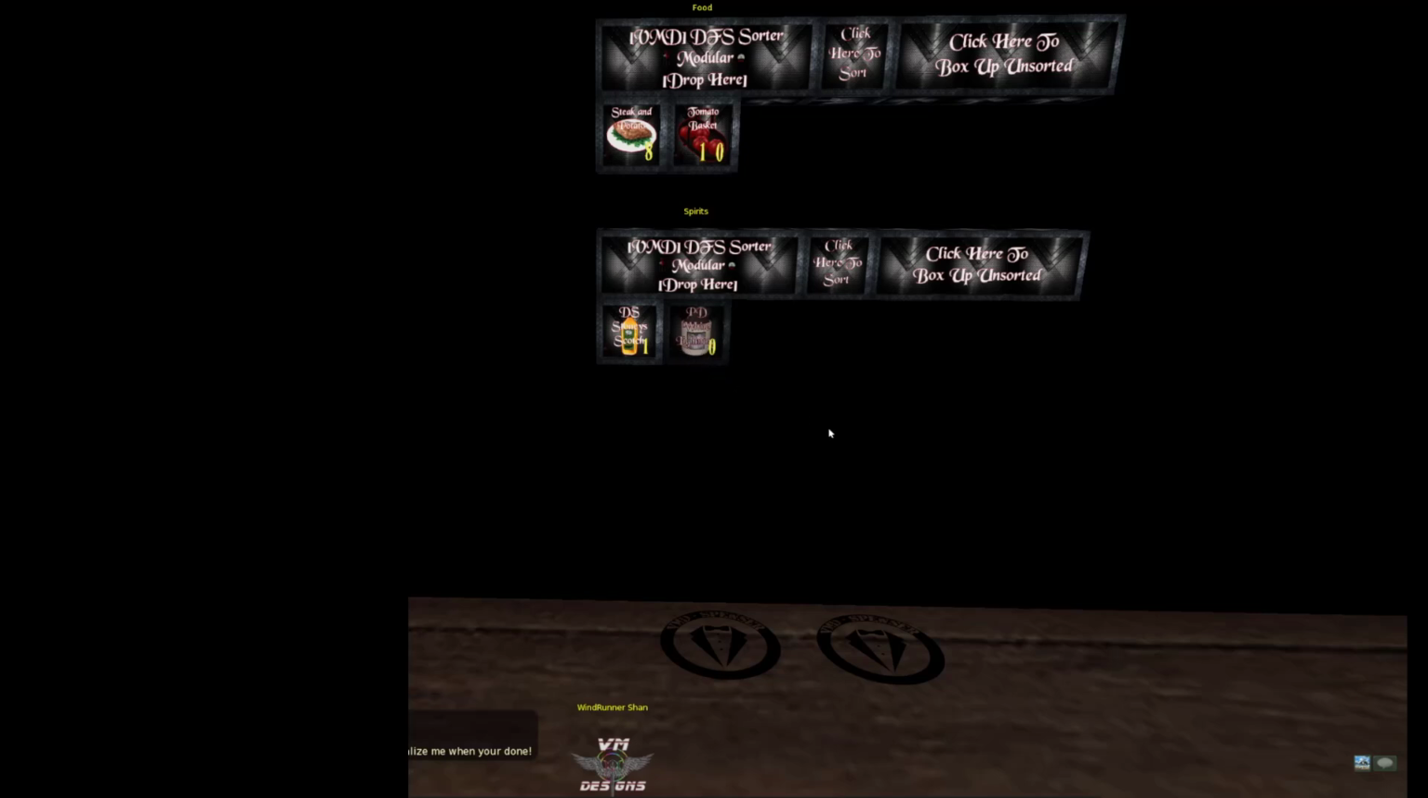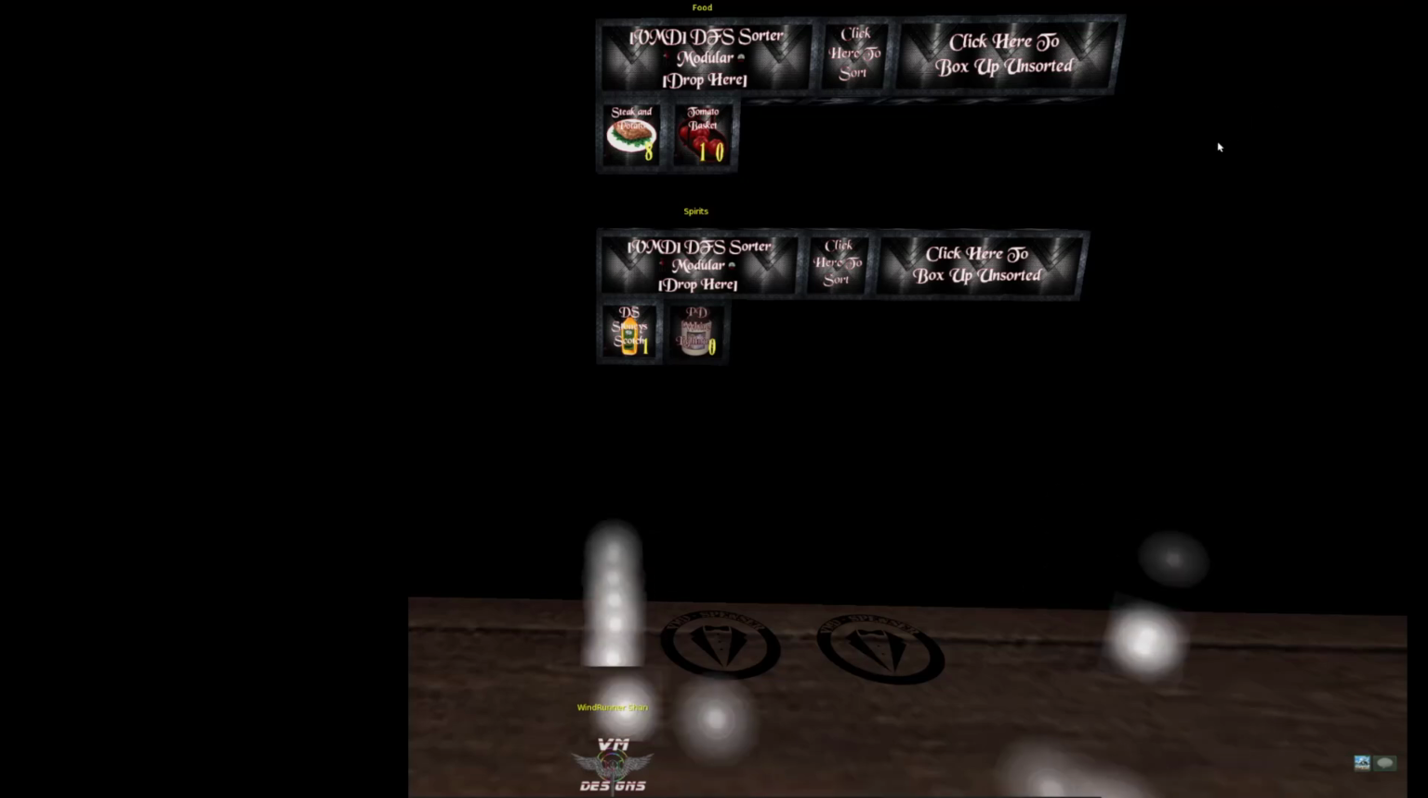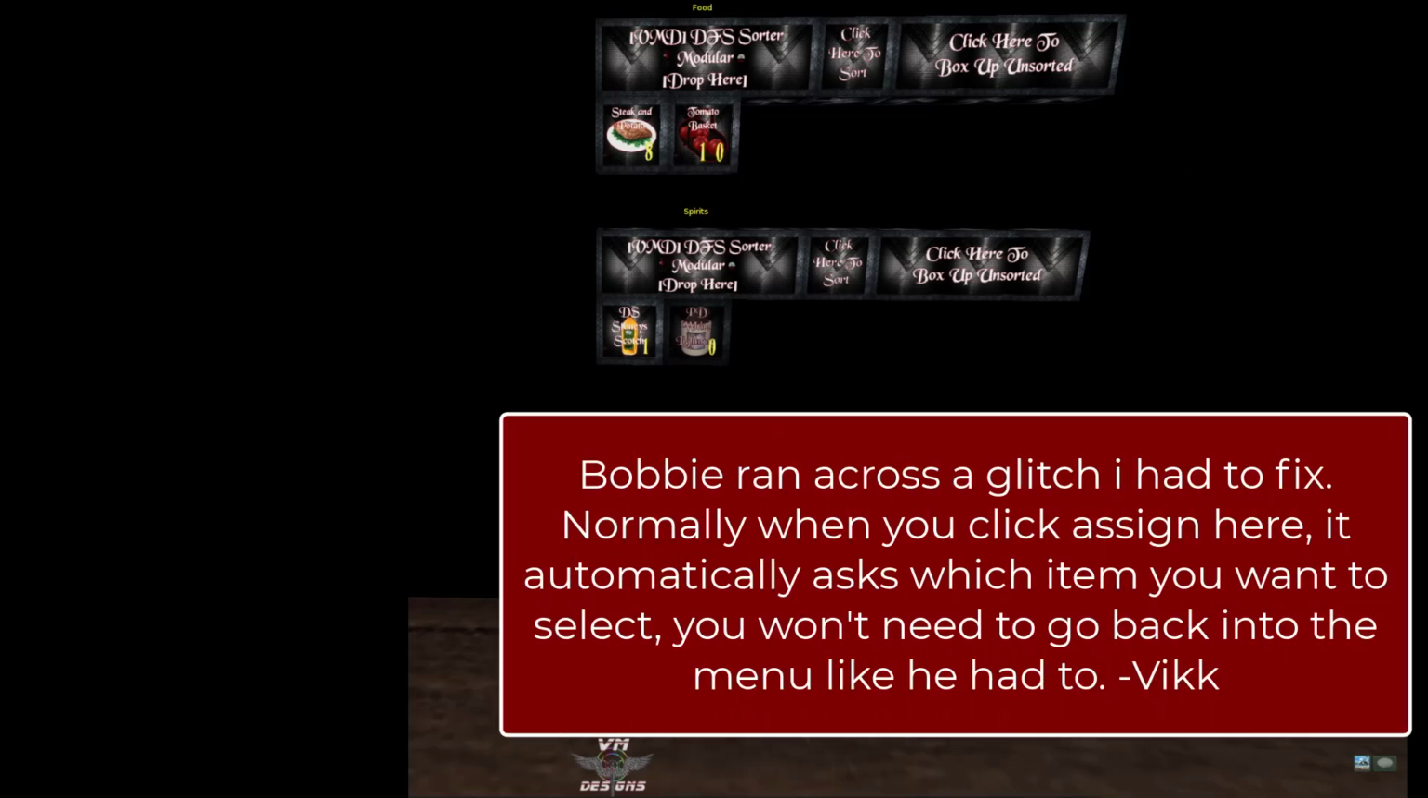Don't have any more left. So if I click the Spenser to res one, it's going to tell me the assigned item is out of stock. Do you want to assign a new item? If I click assign, it gives me the option to pick a different item. Okay, I'm going to go back in and do that